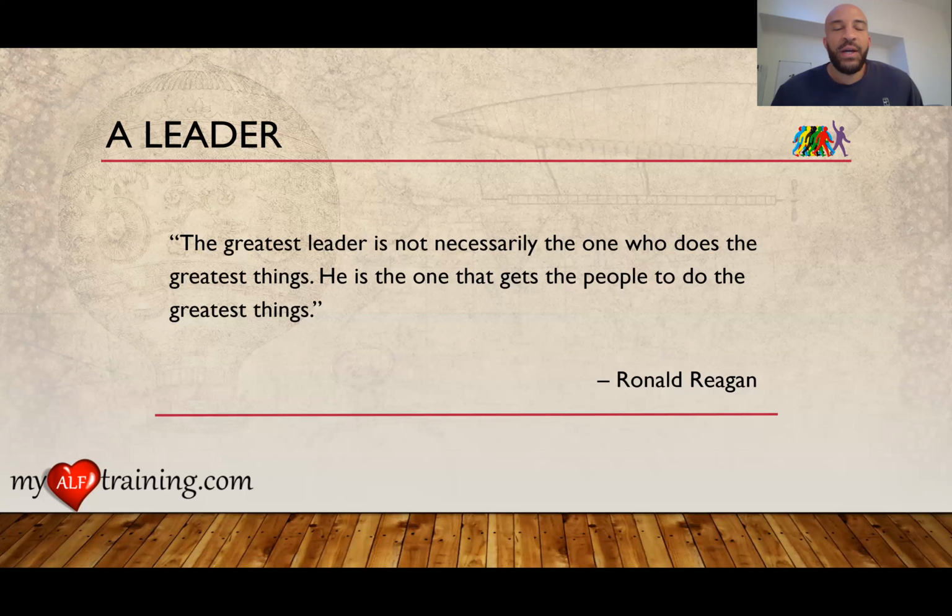So again, just as the quote by Mr. Jack Welch led us to see, leadership is more about how you can grow the people around you, and you can measure who is a great leader not by the great things that the leader does, but by the great things that the people who are following the leader do.